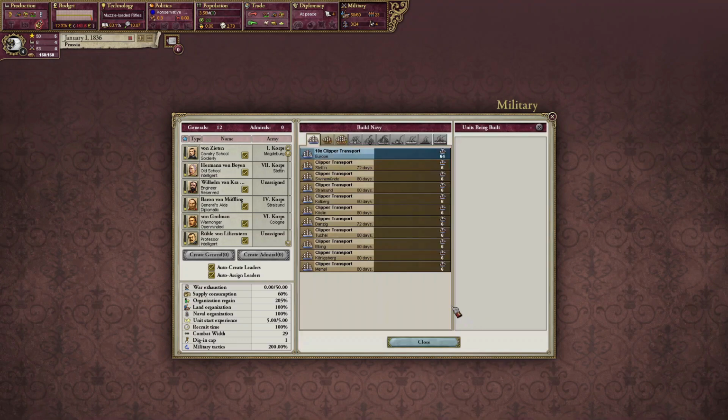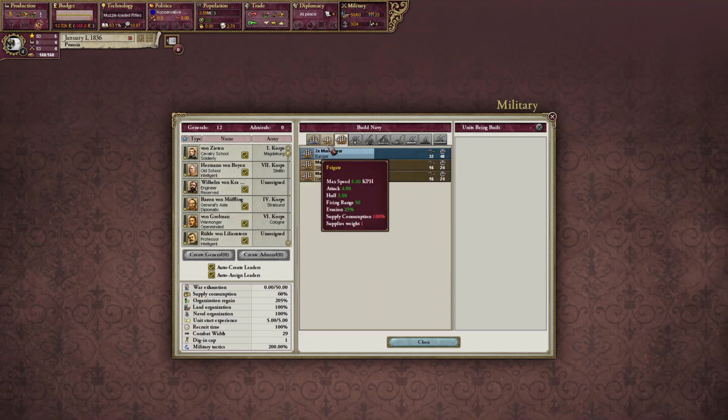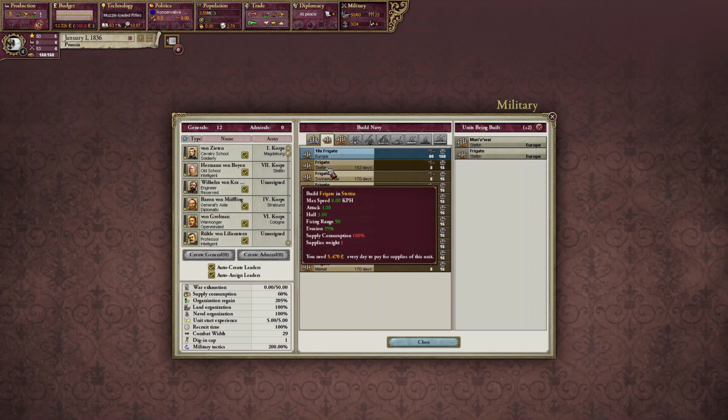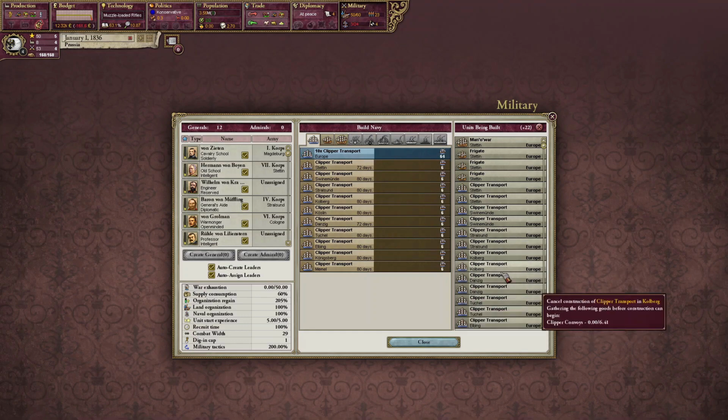Let's go and build some more ships in our navy. You can tell how many ships you're building if it's going to be oversupply when this number up here turns red. Currently it's yellow, which means that you are within your supply. So it is projected that you won't go over your supply. So let's build a man-of-war, a few frigates, and then some clipper transports. And now our numbers turn red, so we'll left-click these to take them out of the queue until the supply